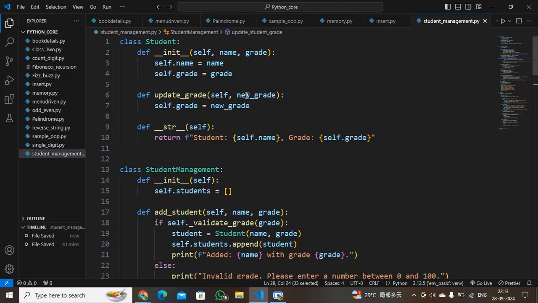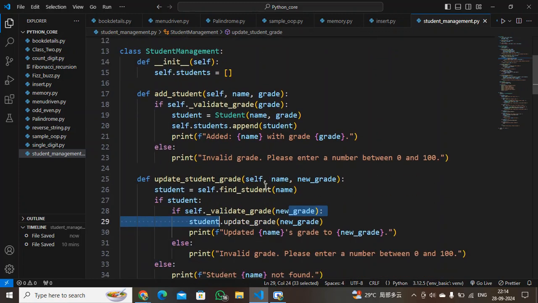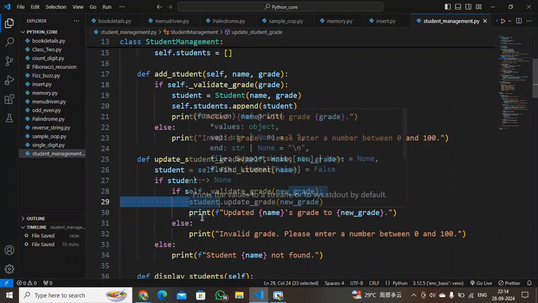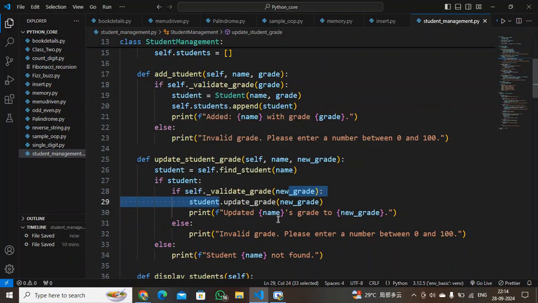When getting this new grade, it is assigning the new grade to the original grade. So the grade which was present will be updated with the new grade. Now it will print the statement, that is the updated name of the student grade to the new grade. Else it will show that the grade is not valid.